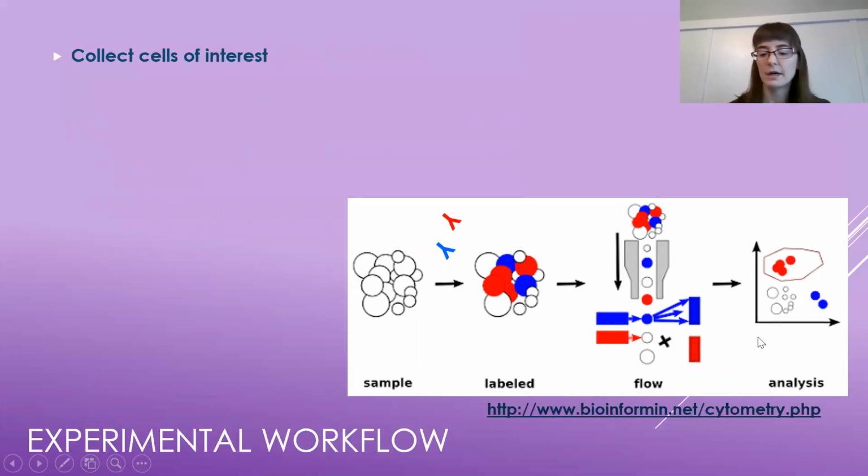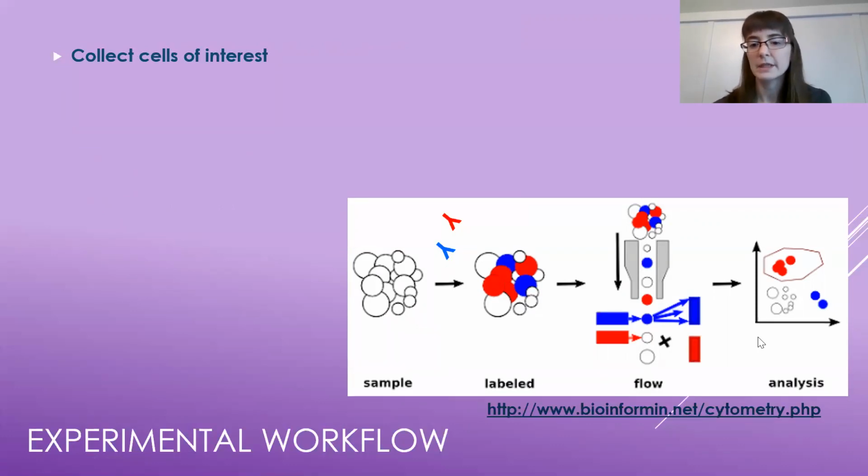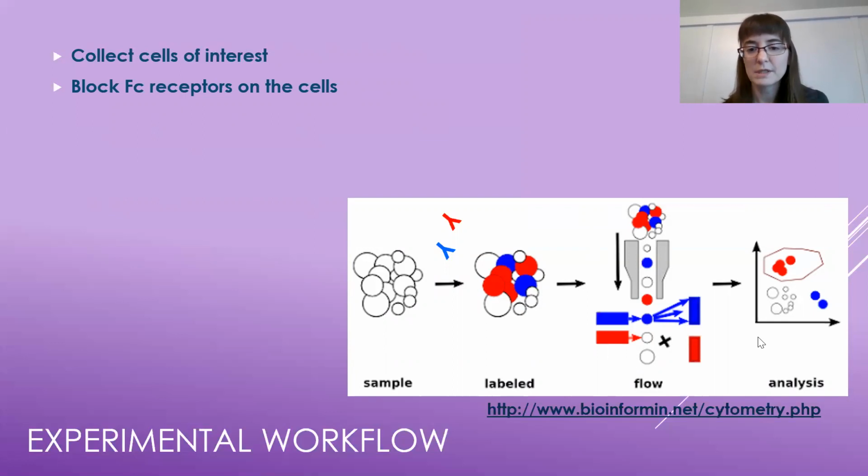Those could be from cell culture, from a tissue sample. They could be isolated from blood quite commonly. And then we need to tag them in a way so that what we're interested in becomes fluorescent. In order to do that, we usually use antibodies, and because we don't want the antibodies to just bind to any FC receptors that may be present on the cells, for example, by the back end of the antibody,